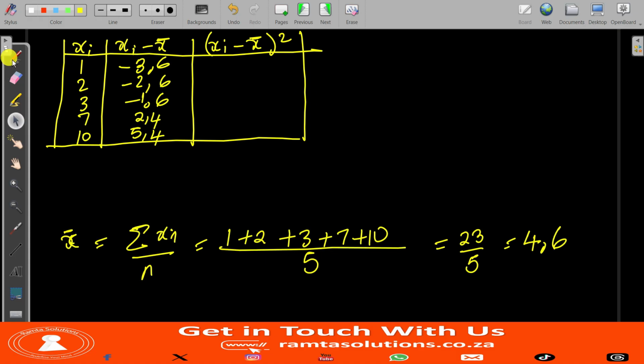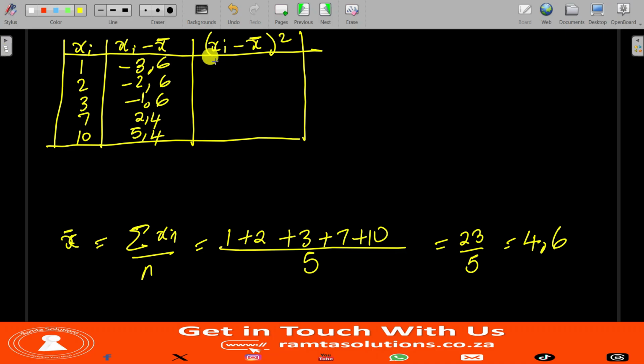Now we need to get the squares of this difference. So let's see. 3.6 squared, I can even use -3.6 as is. It won't matter because negative times negative is positive. So here we get